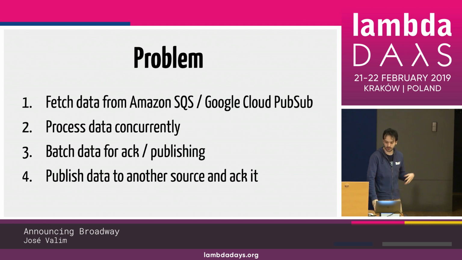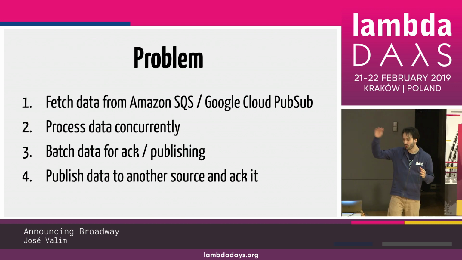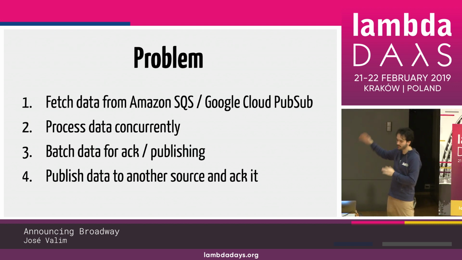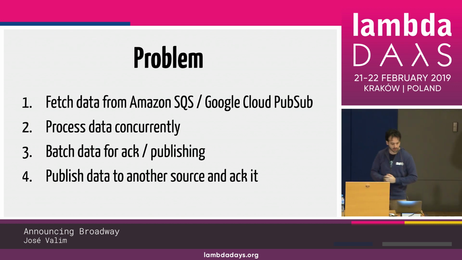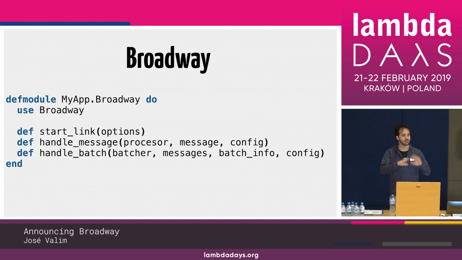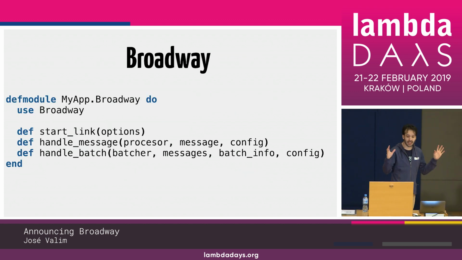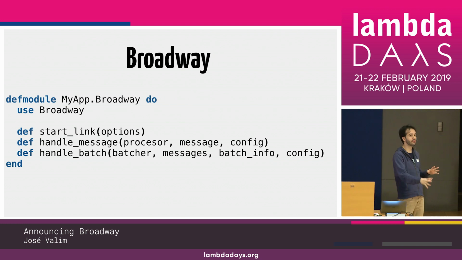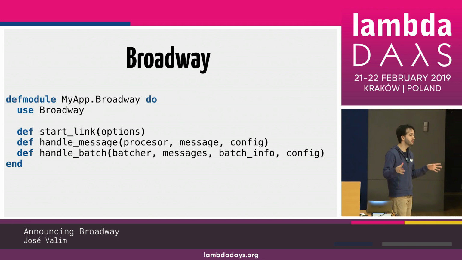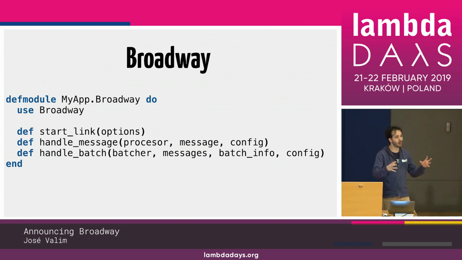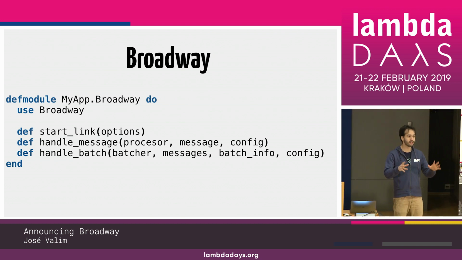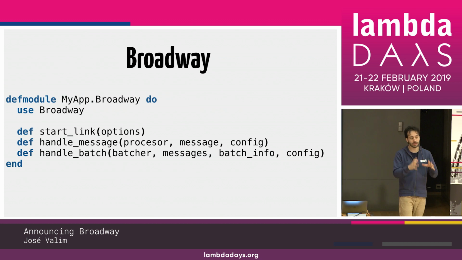And this is how you use Broadway. Broadway is a library written in Elixir. Here's some Elixir code. So you define a module. I hope you can see it, but there's not a lot of detail in there. You're going to define a module, and you're going to say, I want to use Broadway, right? And then after you do that, you have to implement just 3 functions. One is start link, which is going to start your Broadway pipeline. We are going to look at it. And then you're ready to write your business code, your domain logic.